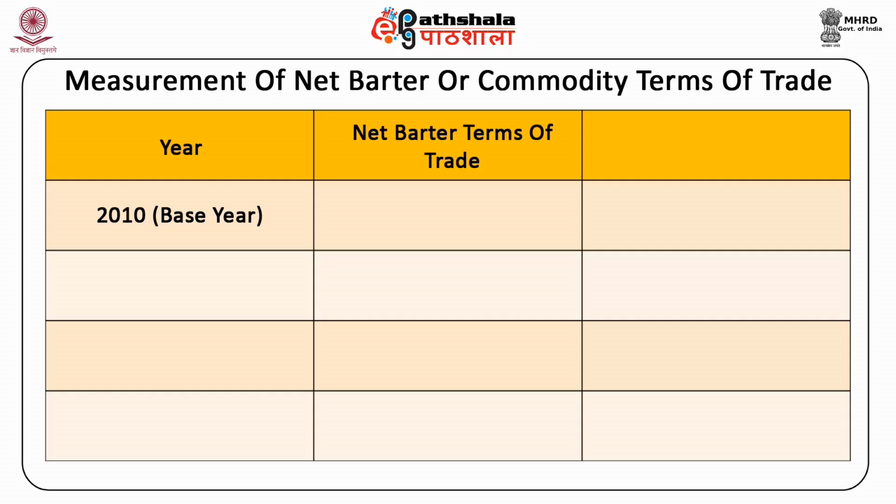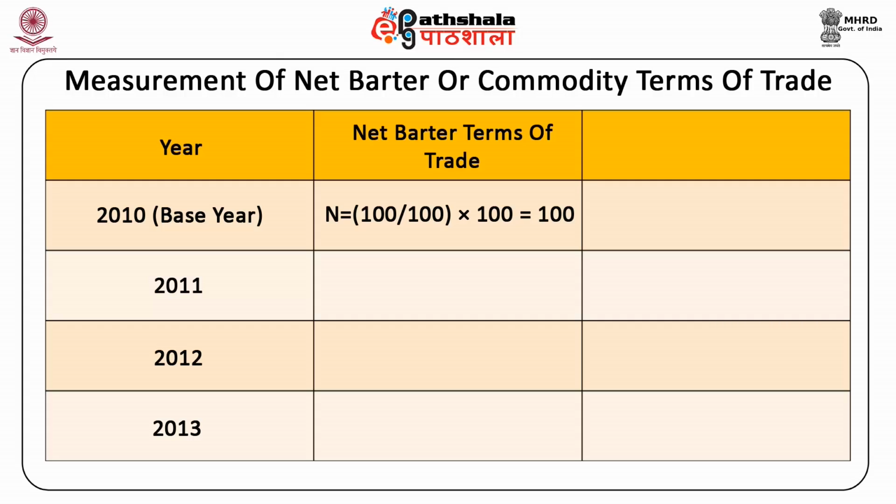The base year will serve as the benchmark period with which we can measure changes in the net barter terms of trade in any given subsequent year, say 2011, 2012, 2013, 2020, etc. The net terms of trade for the base year 2010 is 100 divided by 100 multiplied by 100,